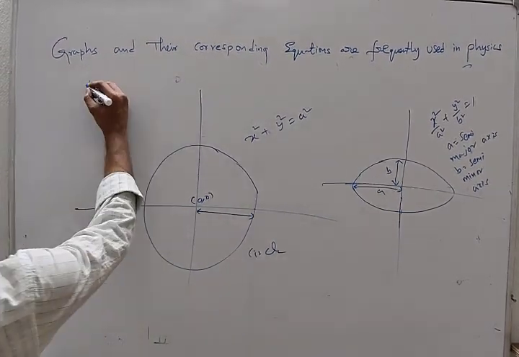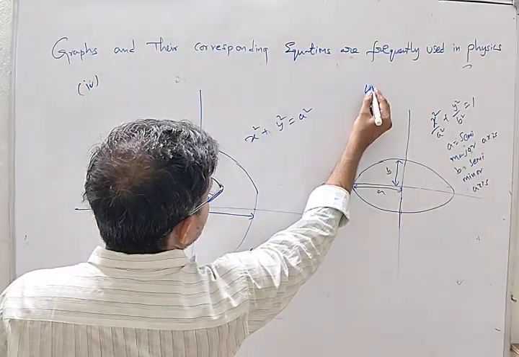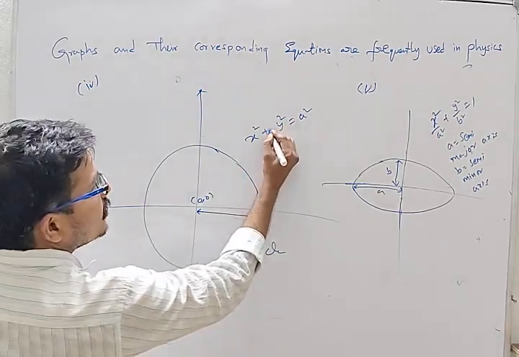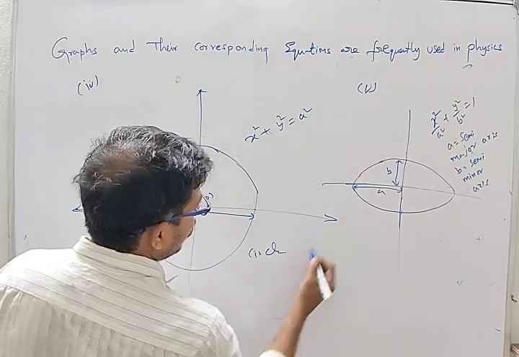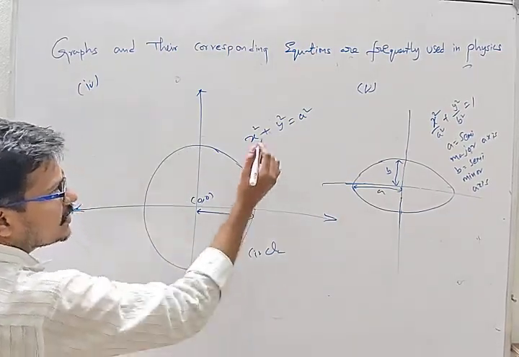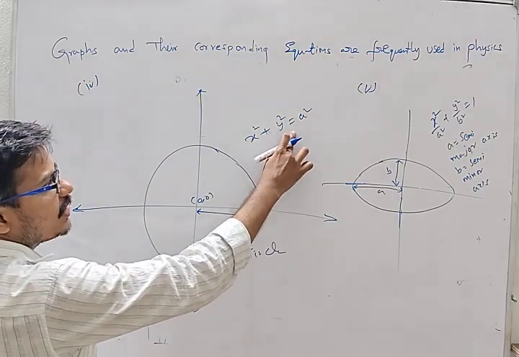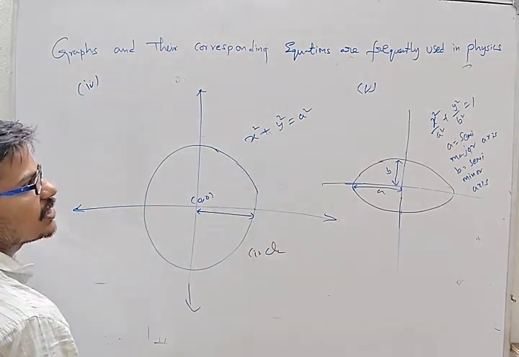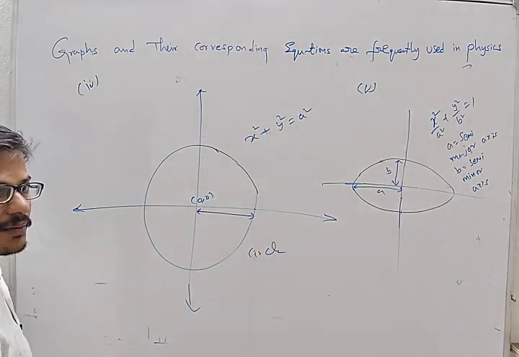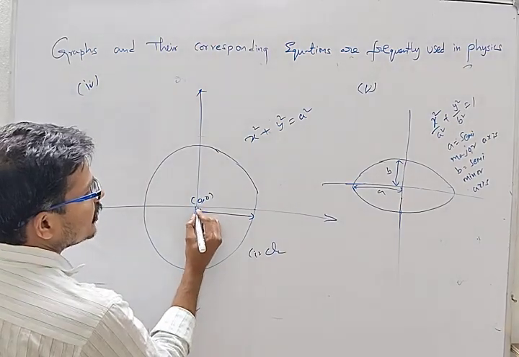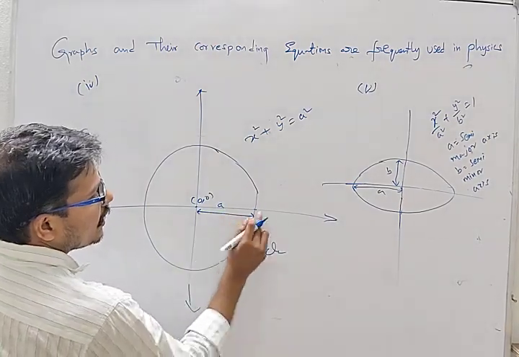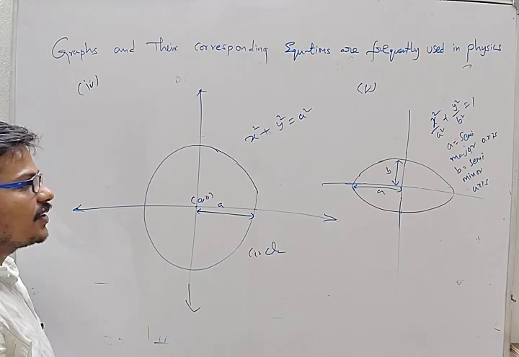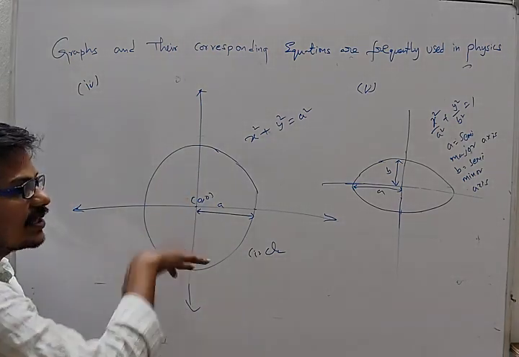Now our fourth and fifth equations. This is a straight line. This is a circle graph. This is a circle related graph and general equation. When you have x square plus y square is equal to a square, that is the general equation. a is nothing but the radius related term, from the center to this point is a, so the radius. So x square plus y square related terms are general equations, and our equation is like a circular shape.